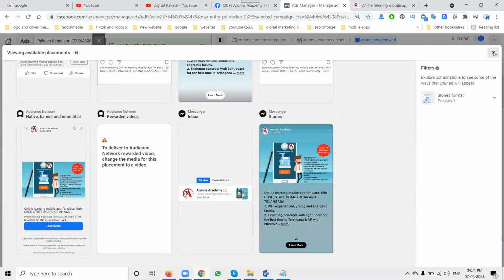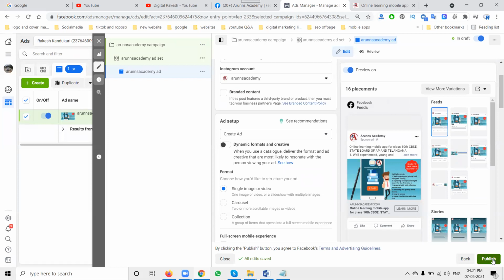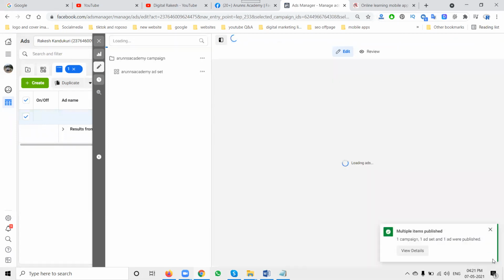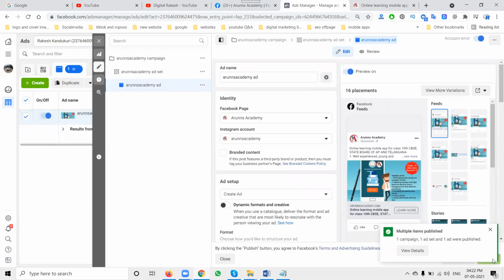Finally, you can go to close and click publish. It is going to publish mode. It will be activated within 1 hour, or within 10 minutes, or it may take less than 24 hours, based on when your Facebook team approves your ad and shows it to the particular customers. After publishing, no need to refresh, just close it.